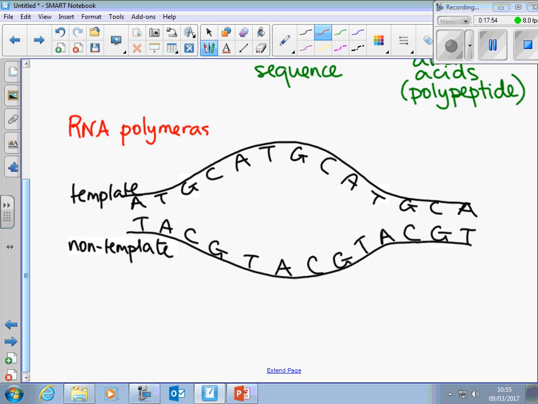The fact that it says ase on the end means it's an enzyme, so it's just building the RNA polymer, and it brings in nucleotides to match or to complement the nucleotides on the template strand. So here, for example, it brings in a nucleotide with cytosine. We move along, it brings in a nucleotide with guanine. We move along, and it brings in a nucleotide not with thymine, because this is messenger RNA,